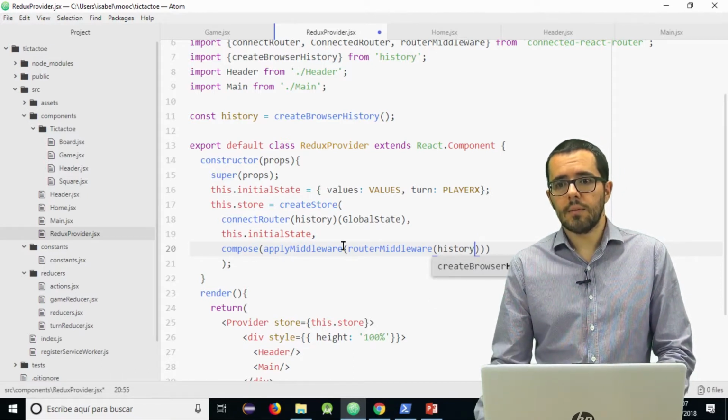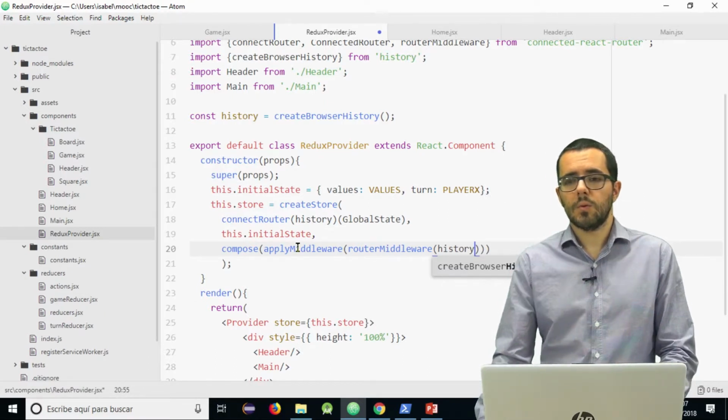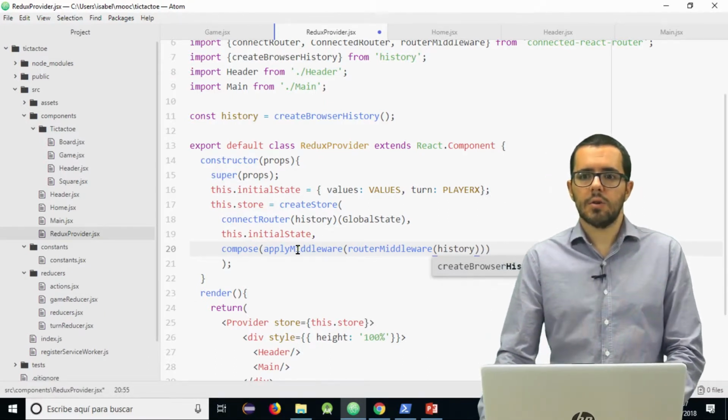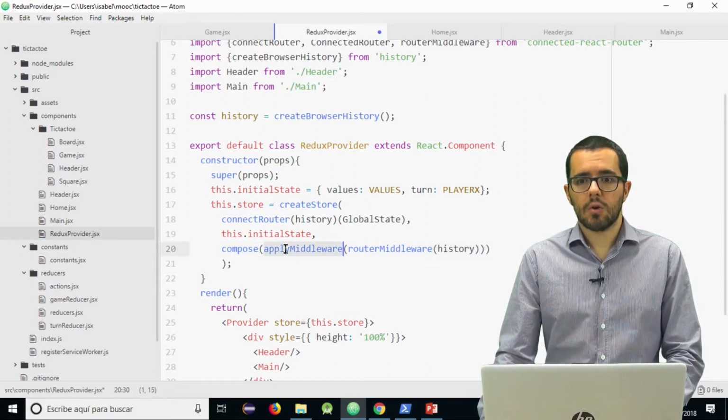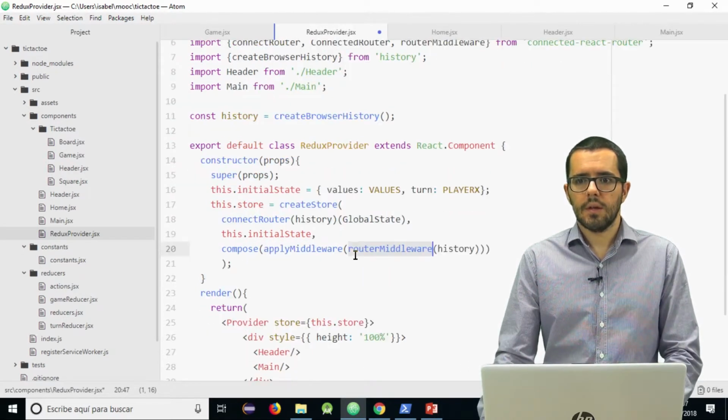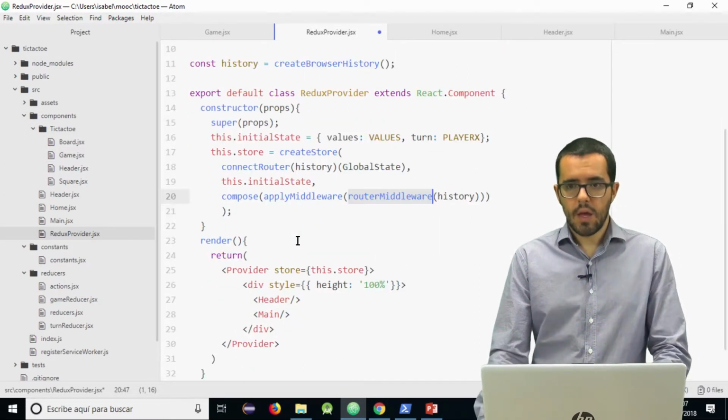In the future, we will add here more middlewares to the store. This is the way that we enhance our store. Sometimes they are called enhancers. So we are going to use compose and applyMiddleware from Redux and routerMiddleware from connected-react-router. And this is our new improved store.